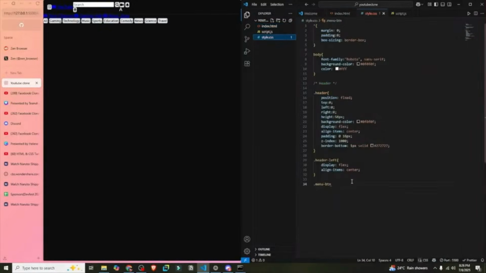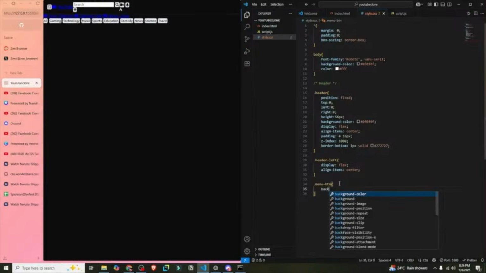And let's move on to styling our menu button. So inside our menu button, we'll keep not color, background will be none. Background none, so you can see changes already. Background none, and then border none,